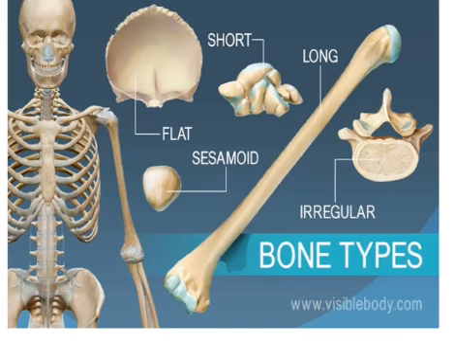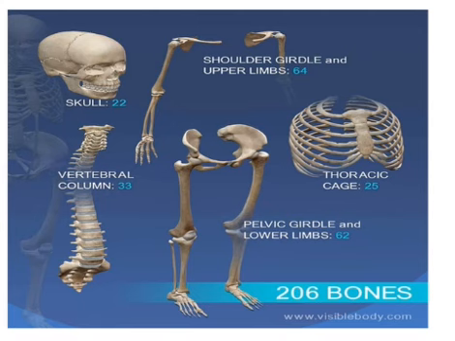Okay, now come next, what are the types of bones? Here are the short bones, long bones, flat bones, sesamoid bones and irregular bones. See from the picture what are the short bones, what are the long bones, what are the irregular bones. Okay, next come the girdles and main parts of the bones.